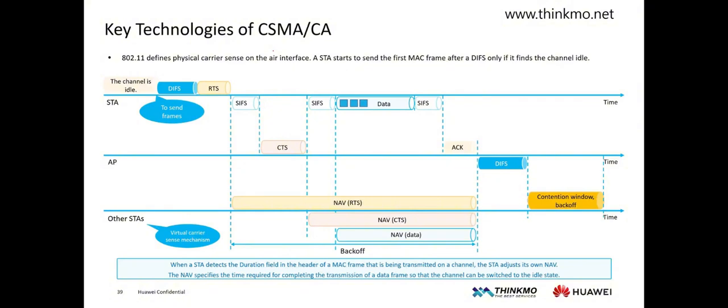What is the purpose of CTS? Suppose our terminal A sends an RTS, but a nearby terminal B is relatively far away and might not receive the RTS sent by A. In that case, B might still continue to send data. This will eventually lead to a collision. However, the AP will send a CTS to inform all terminals within its range to first enter a back-off state and not send data. This forms the second back-off mechanism, which is the CTS mechanism, used to prevent other terminals from sending data.